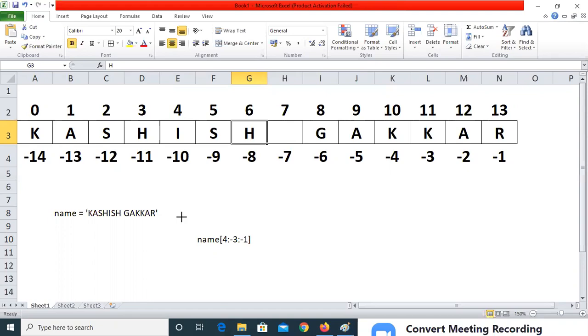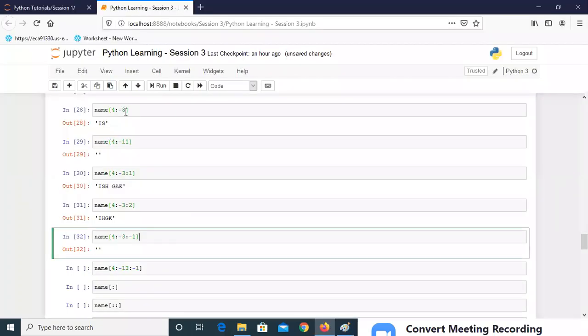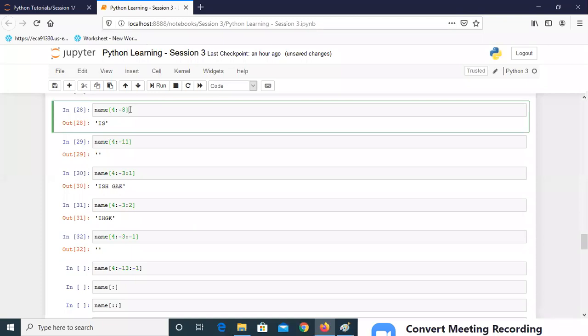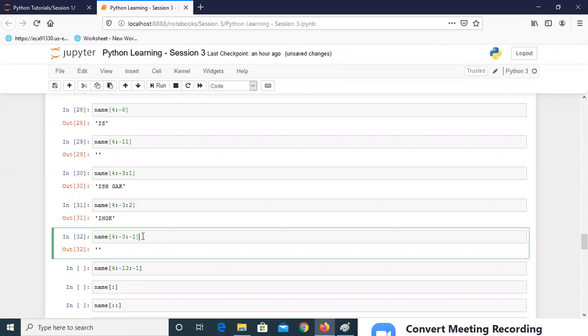As you can see in the upper examples, we haven't given any step value, which is the third argument for the slicing and dicing. That's why it has taken +1 by default as the step value. But here we have specifically mentioned that the step value is -1. So is this example clear to everyone? I can see some people who are not participating, but yes, I'm assuming that this concept is clear to everyone.